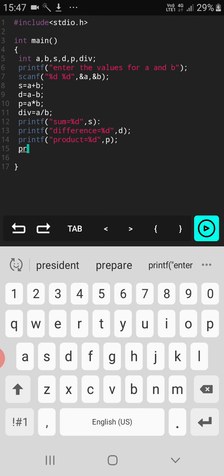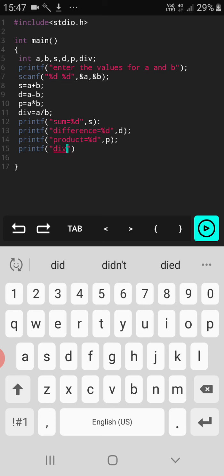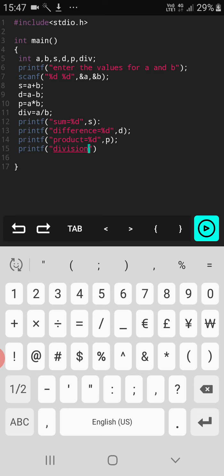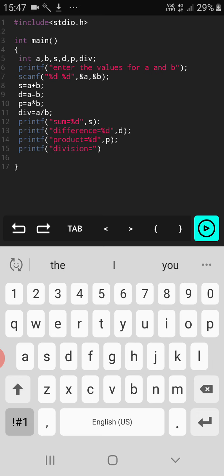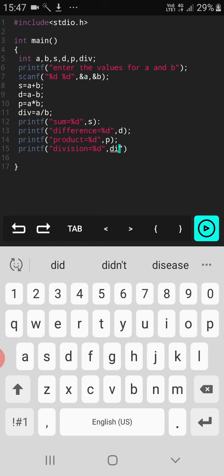Then in the next line, to display the result, printf division equals to %d, div.